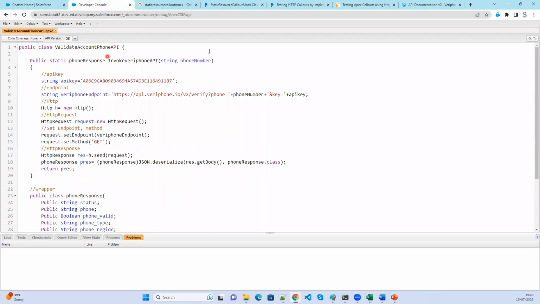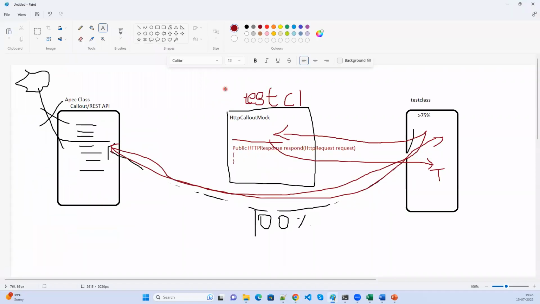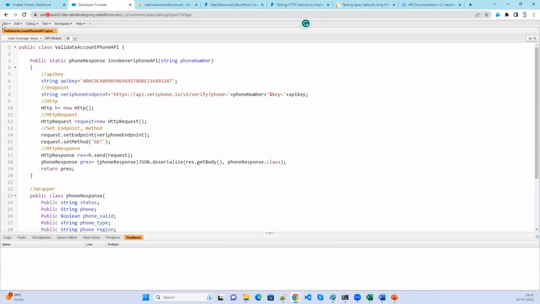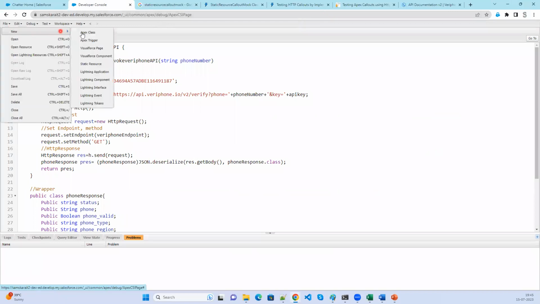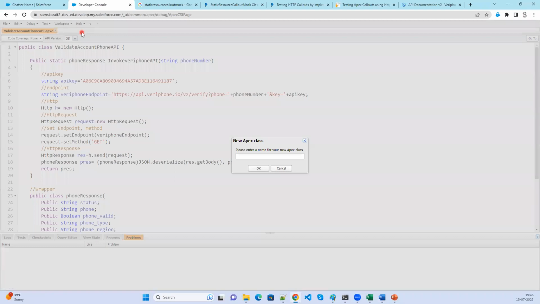Now, for this class, first I am going to implement the HTTP mock callout, which is this one. First I need this one, then only I can implement the test class. So let's implement the HTTP callout mock file, a new Apex class. Now let's say that this is Verifone